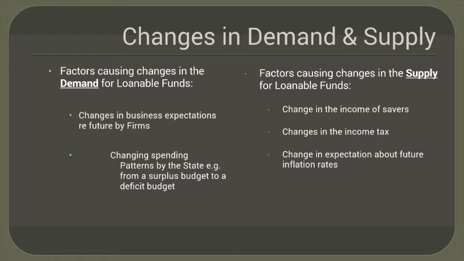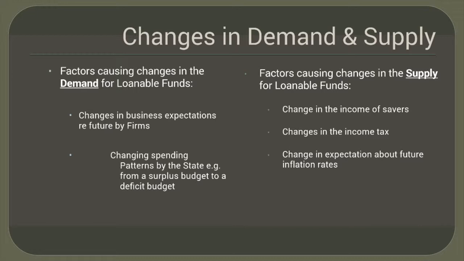So, factors causing changes in the demand for loanable funds will be changes in business expectations with respect to the future by firms, and also changes in the spending patterns by the state. Example, by the government moving from a surplus or even a balanced budget to now running a deficit budget. If a government runs a deficit budget, that budget will have to be financed by borrowing, and therefore this will result in the government increasing their demand for loanable funds,